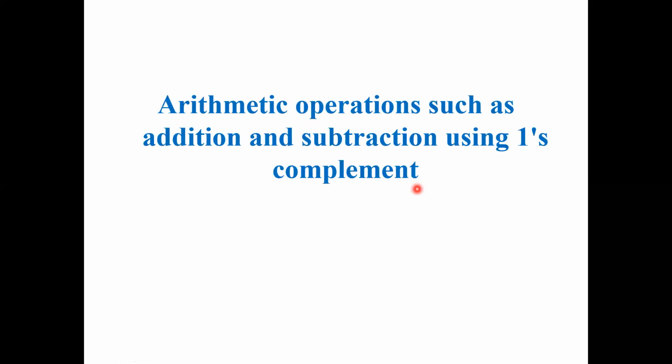Now you know how to find out 1's complement and 2's complement. You will get some practice also over here. Let us do only arithmetic operations, that is addition and subtraction. So we start with the complement. When I add, we'll add only two numbers. Those two numbers can be positive, or one of the numbers can be positive and one a negative number also. When I add a negative number to a positive number, actually we are doing subtraction.